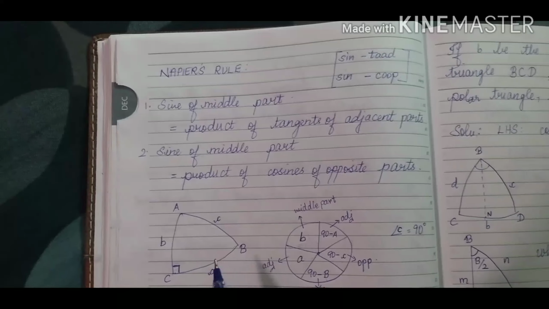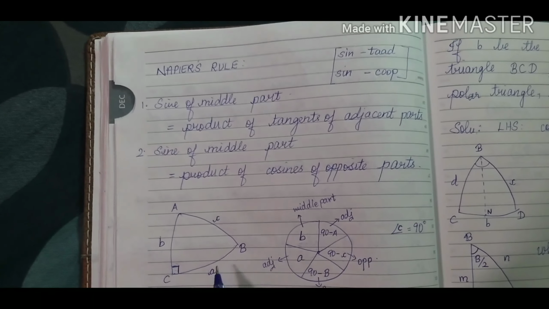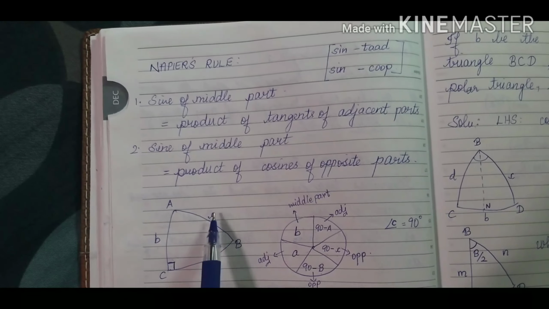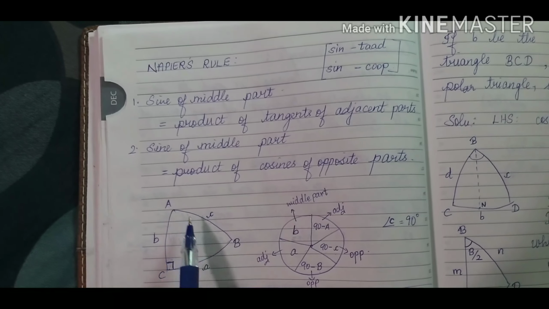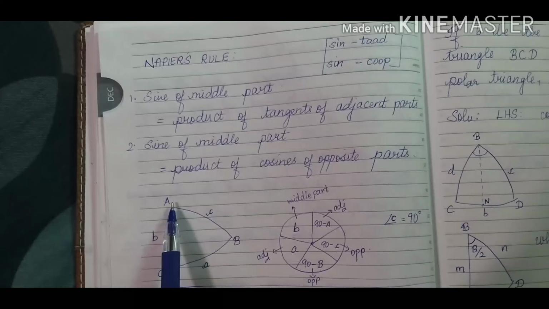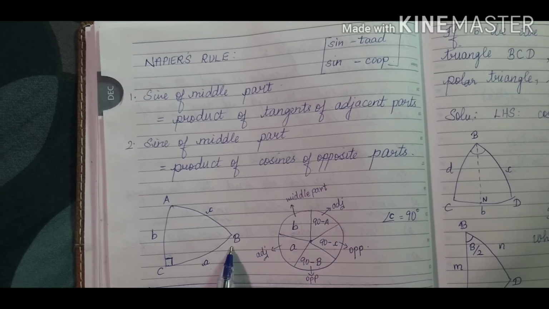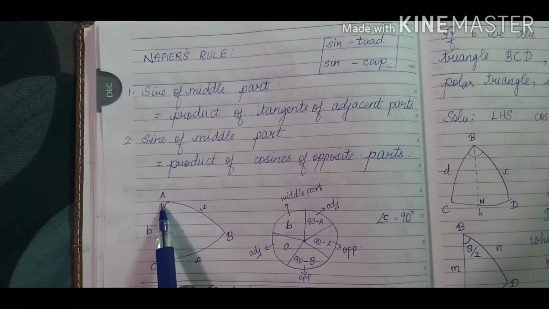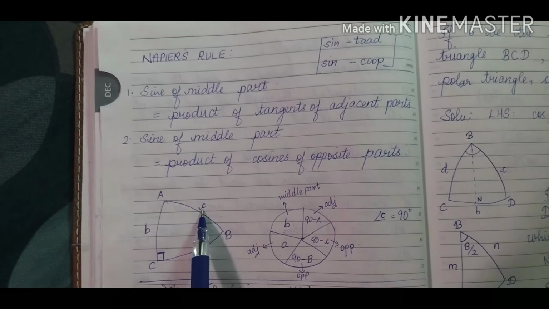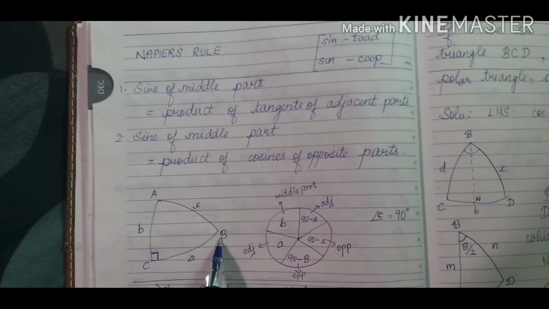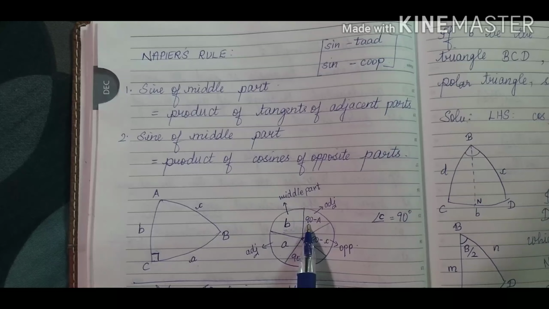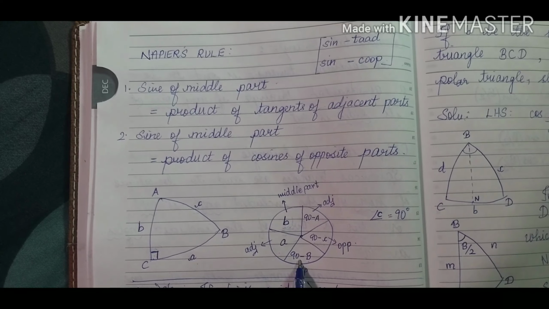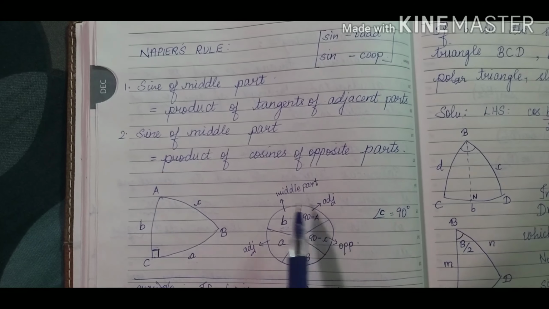Now remaining, what all is left? We have 2 more angles and 1 side. We have this angle A, angle B and this side, because we have omitted this 90 degrees and we have written already these 2 sides. The remaining 3 components are this angle A, side c and angle B. So for the remaining components, you should write the complements of these things. Instead of A, you should write 90 minus A. Instead of small c, you should write 90 minus small c. And instead of B, you should write 90 minus B. See, we have filled up the remaining captions like this: 90 minus A, 90 minus c and 90 minus B. This is how you should fill up this circle.